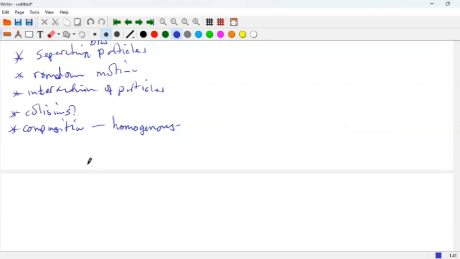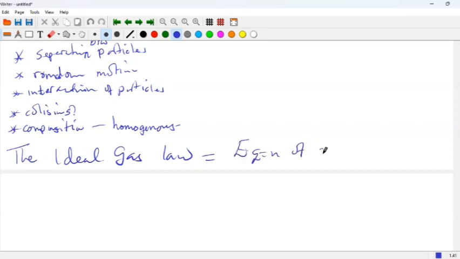And so we have just seen that for an ideal gas, the ideal gas law, which is the equation of state, is given by PV equals nRT,